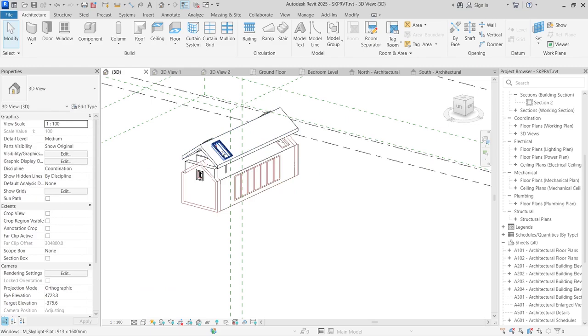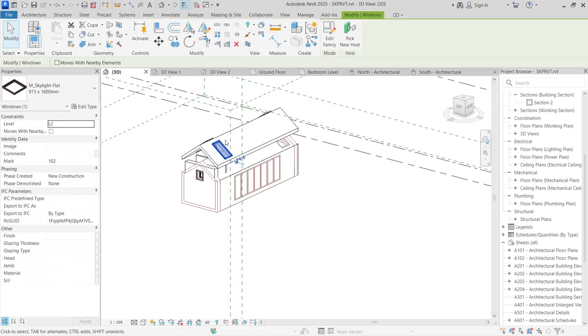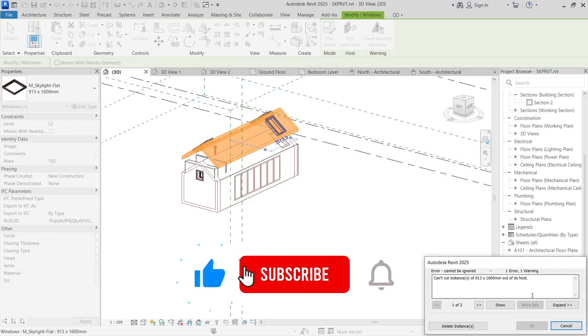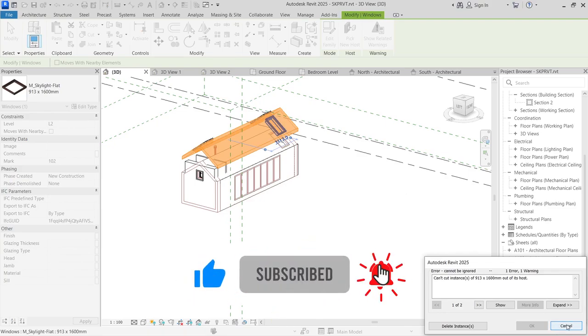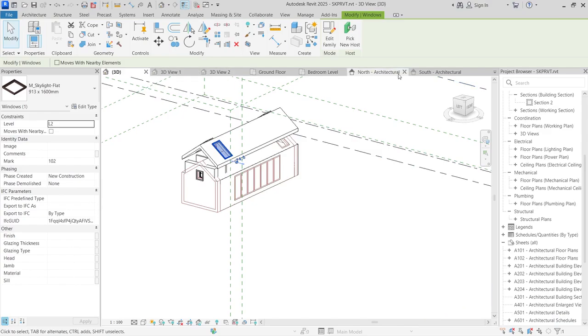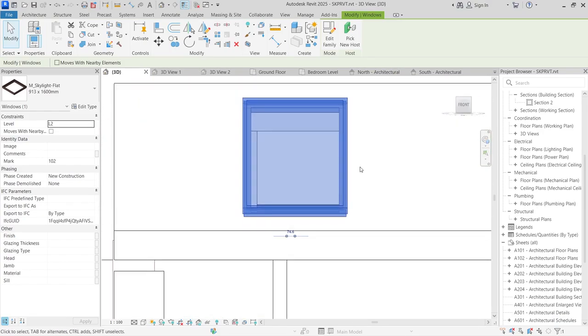And this one should be on the other end. So you can actually move this manually over to here. Okay, it doesn't allow us to do that. We're going to have to align it as well. So I'm going to use this front elevation like this,